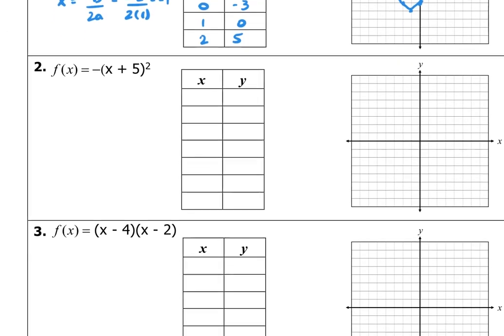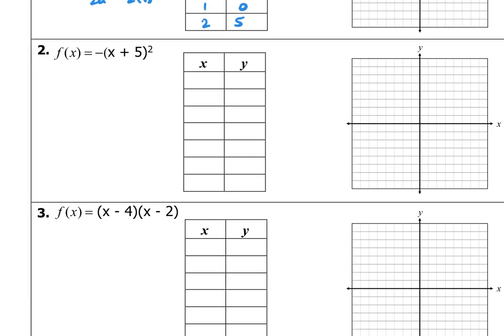So here, I'm going to do the same thing. I'm going to put this into my calculator, and I find my vertex is going to be -5, 0. So this is my vertex. And then I'm going to do -6, -1, -7, -4,